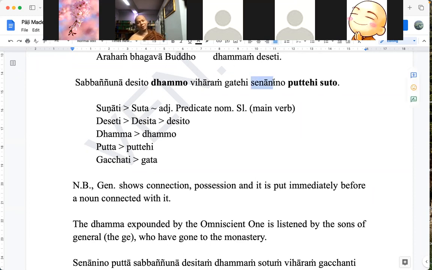So you said senanino is nominative case plural, right? Yes. Which one should be the verb here? The main verb is still sutto, which means listen to the Dhamma. But the subject is nominative case plural, so the verb should be sutta. Oh, yeah, I see. Yes, subject and verb agreement. So it has to go with Dhammo as a nominative subject. Yeah, I got it. Thanks so much, Bante.